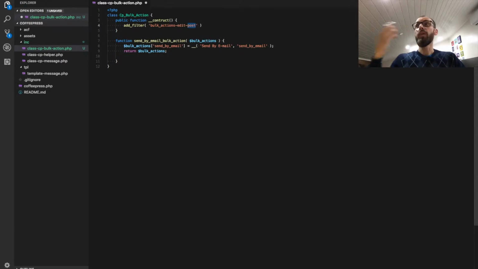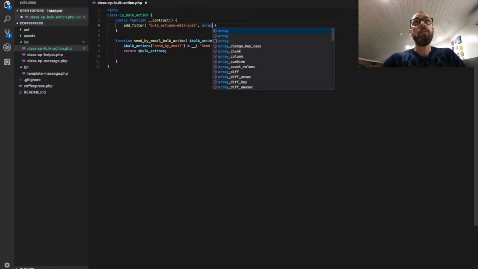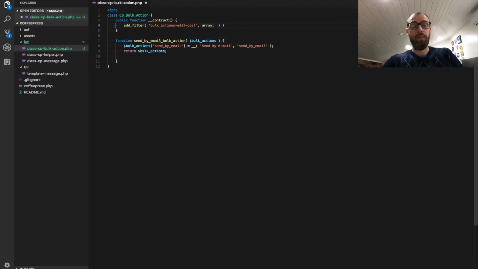So if you want to show this in the page list, you just need to change the final part of our hook to the desired custom post type that you are trying to show this new action. And now I'll add this into our class, and I'll pass our function here. Okay,